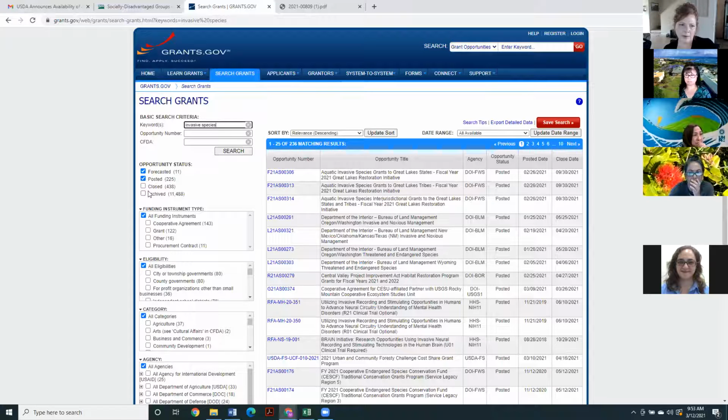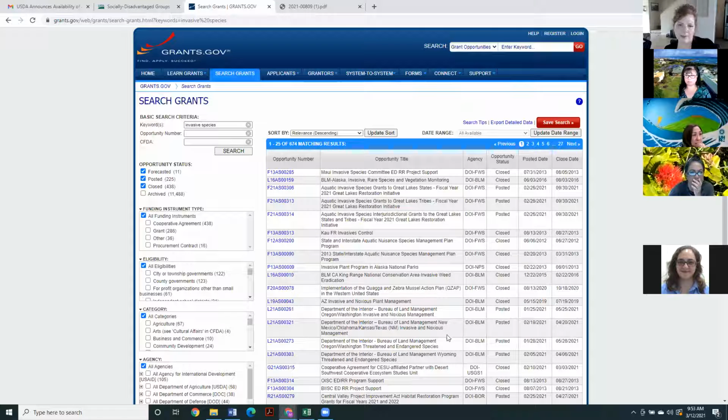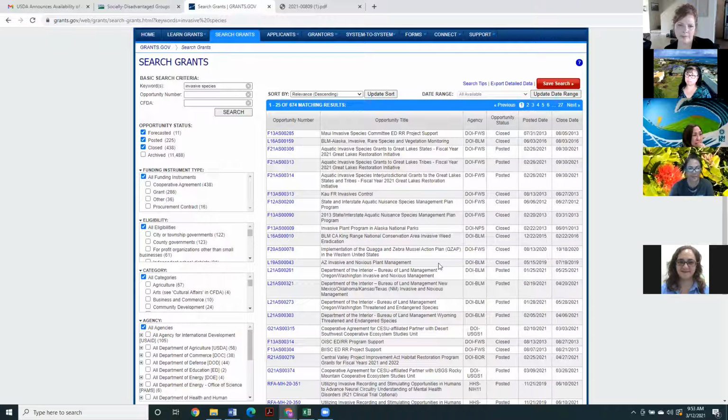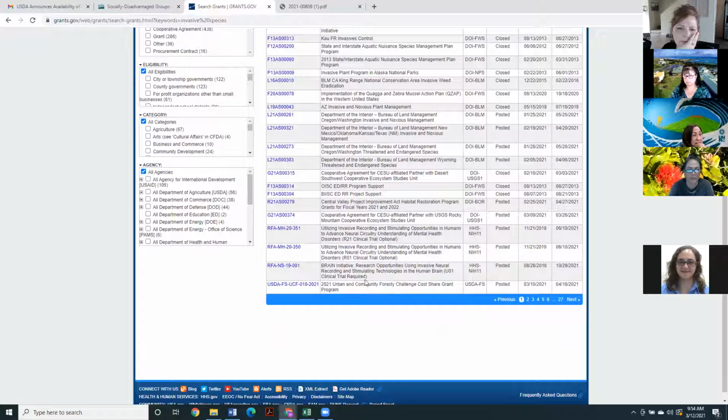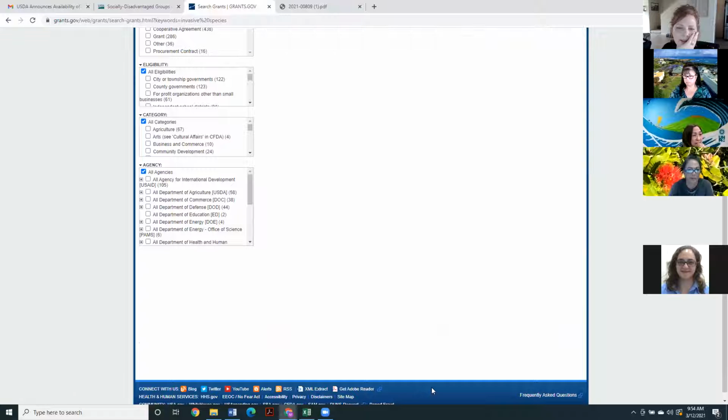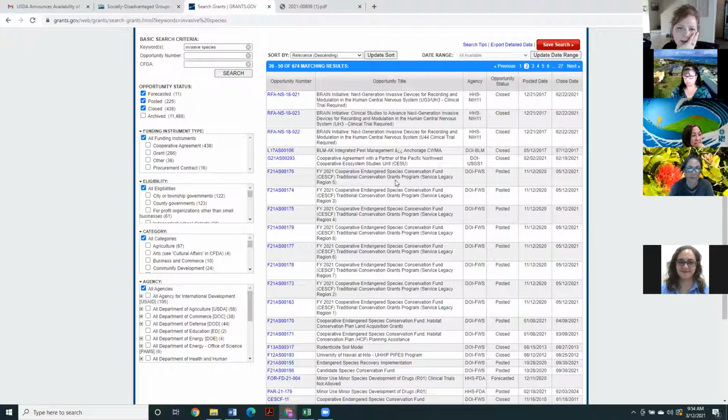So this can give us some idea. I'm going to put closed. It's an awful lot to go through, right? But I can get some ideas of different grants that are out there, that happen, to look through. And it might take a while to find things that look possible, but once you find them,